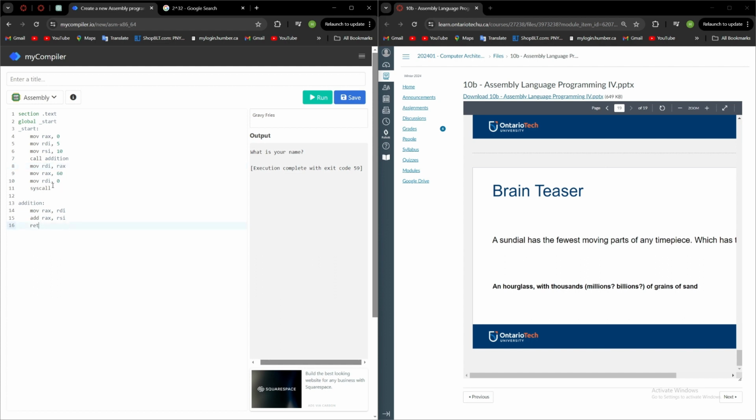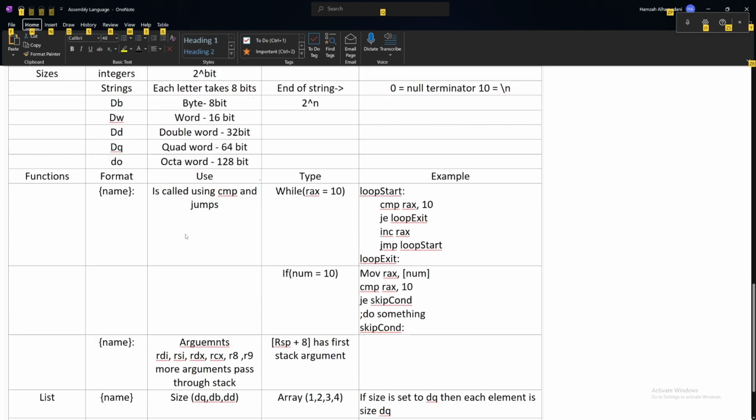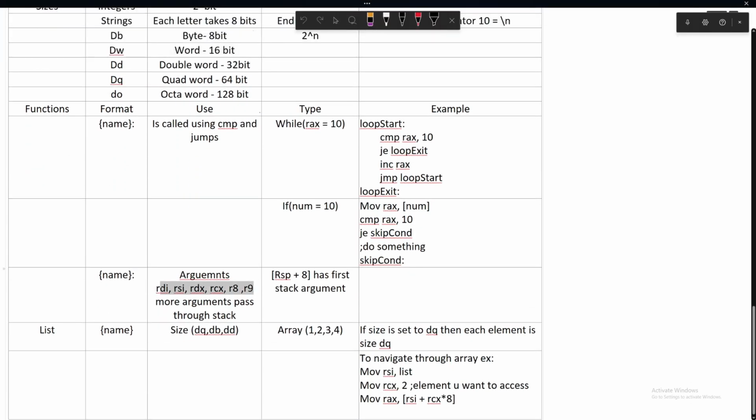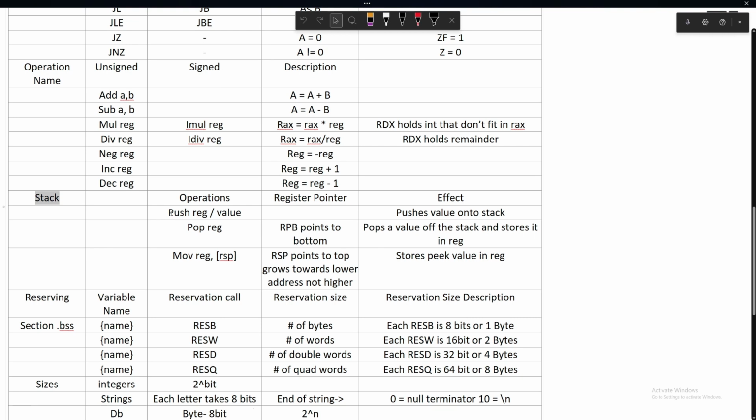All right. Now is the other way better? Technically it's shorter, but just so you know, this is the way. Last thing, if you do need more than 6 arguments and you pass through the stack, then the first argument is at the RSP. And remember, the RSP points to the top of the stack, which grows towards lower addresses, not higher. So your stack, the way it works,